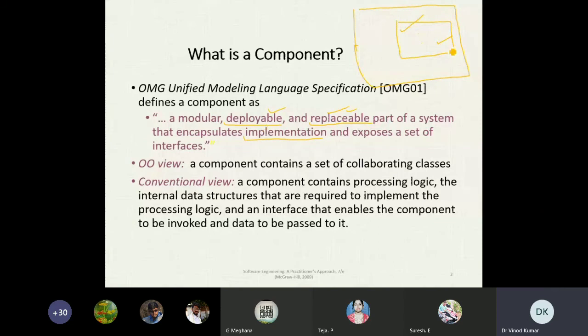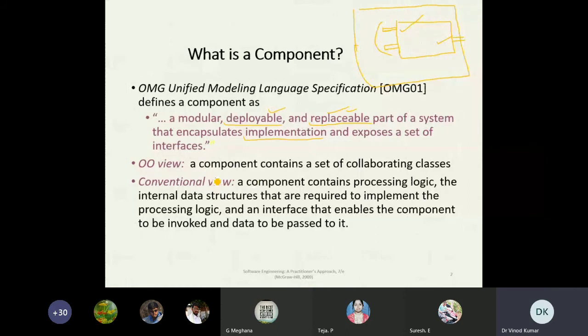It encapsulates implementations, meaning the logic inside it, and exposes a set of interfaces through which the other components will communicate. Suppose this is one interface, that's another interface. There may be one interface for input, one for output, like that.